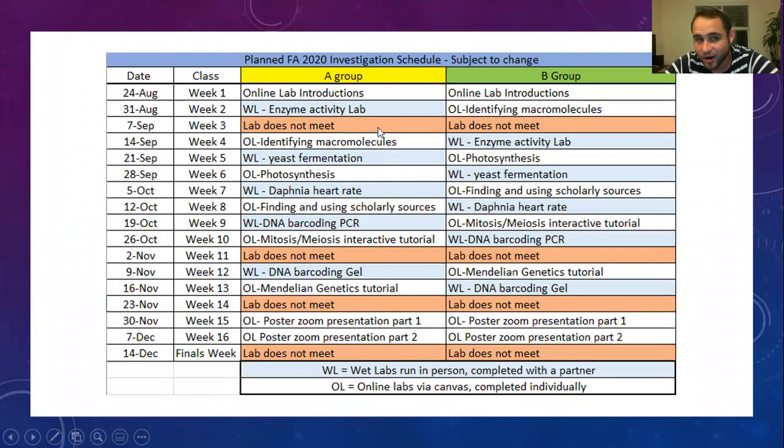After that, we have a week off. Then the people who saw me will stay home and do online work, and the people who did online work will then do wet lab work with me and will finally get to meet me. Other than that, if you guys have any questions,